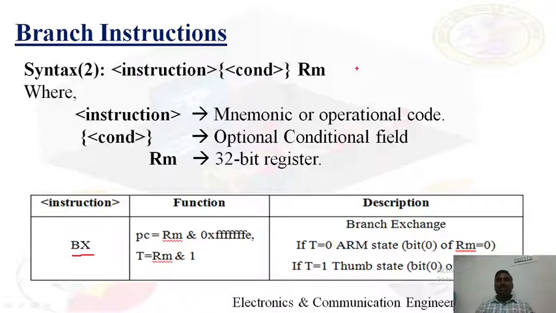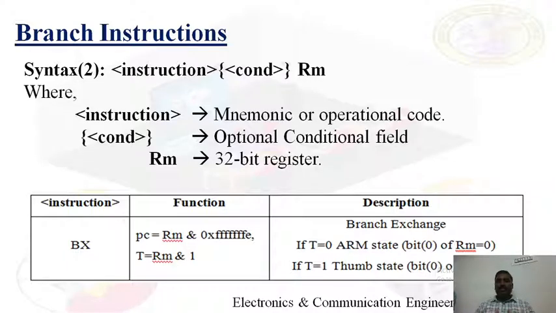There we can increase the code density, especially for mobile applications where we use memory-constrained devices. So if the program is written in ARM state or Thumb state, there are two states. If your program is written in ARM state, you have to use the ARM instruction set, where all the ARM instructions are encoded into 32-bit size. If the instructions are written in Thumb state, all the instructions are encoded into 16-bit size, that is half word. 32-bit means word, then 16-bit means what? Half word.